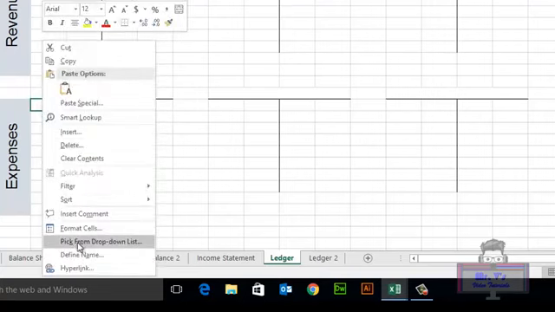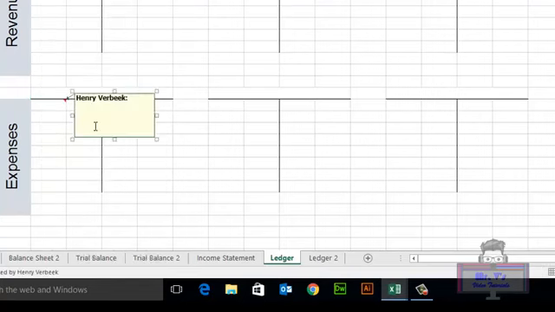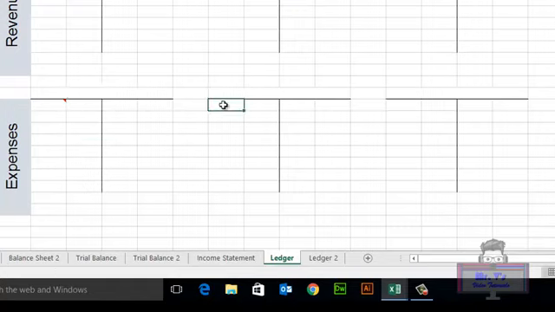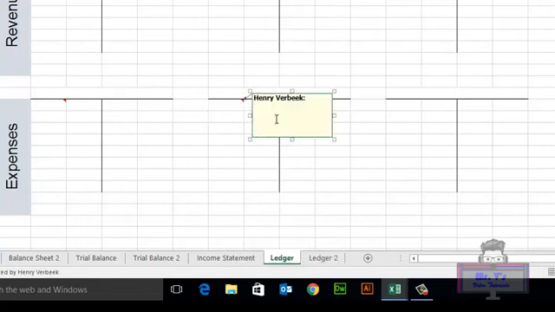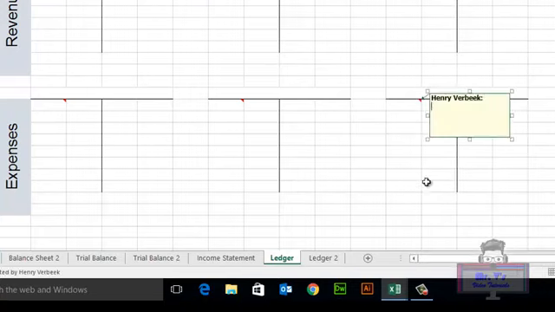So we're going to right click, insert comment. I'm going to type debit increase. And then I'm going to copy that and Control C, right click, insert comment, Control V, right click, insert comment,